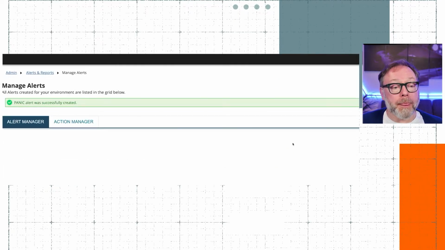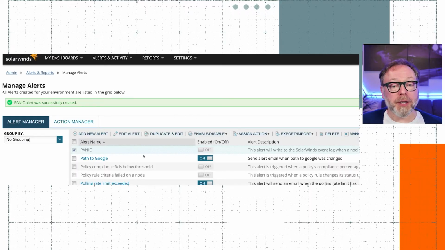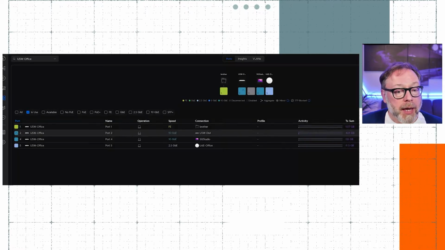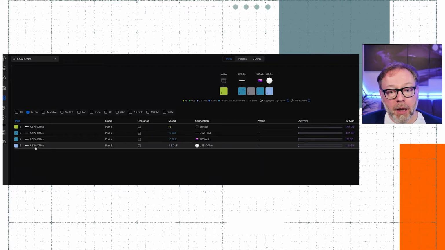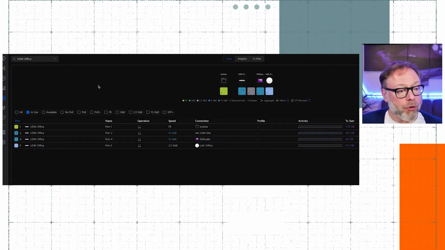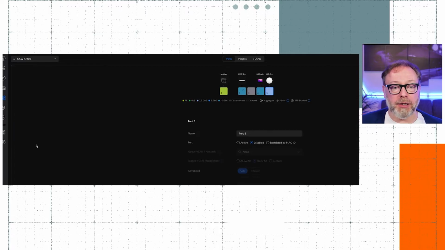One important thing: when we create an alert, it is disabled. So we need to enable it. Okay, never forget to enable things. Okay, let me switch browser tab again. And now I do something fun. I'm going to destroy something. So I'm selecting one of my switches and going into the port manager, and I'm stealing my access point, which is somewhere here over my head. So access point, it should be disabled. Did I disable this? Yes, I did disable this.